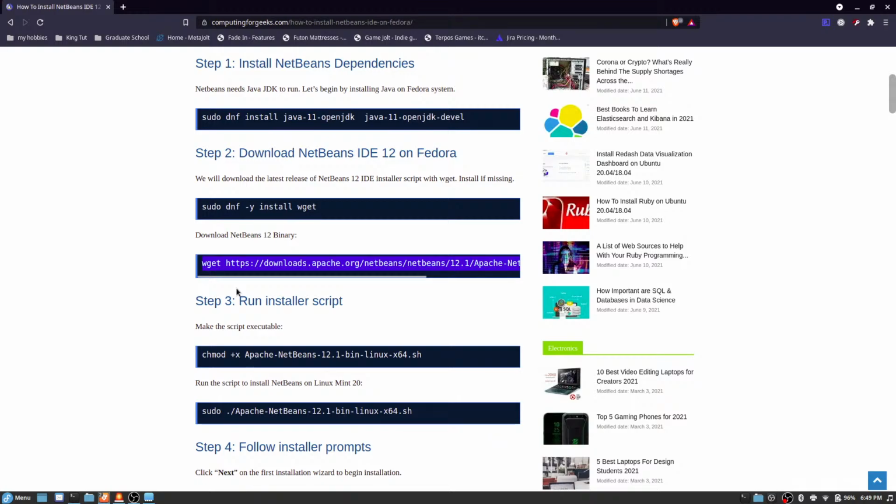Oh, 404 not found. Huh. That's weird. Let's try it again. Yeah, that's so weird. Probably that might be an outdated one. Oh boy. That's what I just did. Fedora merely install with just that. Then go to the downloads page, then download the Linux shell scripts, whatever that thing is.